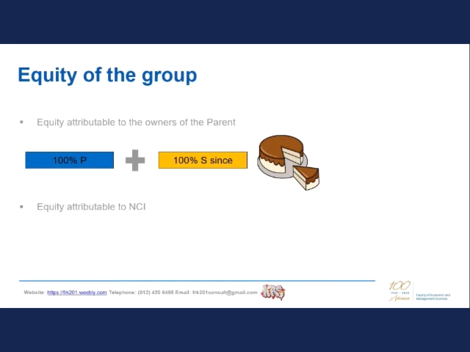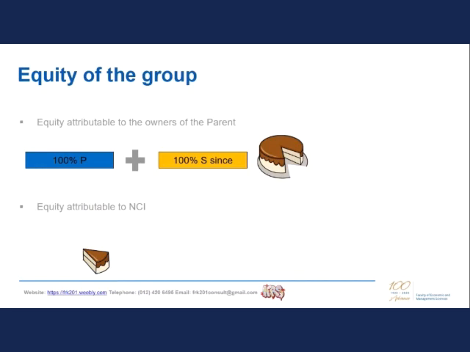Your at acquisition consolidation journal entry debits the equity of the subsidiary at acquisition date, resulting in only the since acquisition equity movement of the subsidiary forming part of the equity of the group. Furthermore, the since acquisition consolidation journal entries, your NCI journals, move some of this since acquisition equity of S to NCI, so that NCI is measured in the consolidated financial statements at their portion of the since acquisition movement of